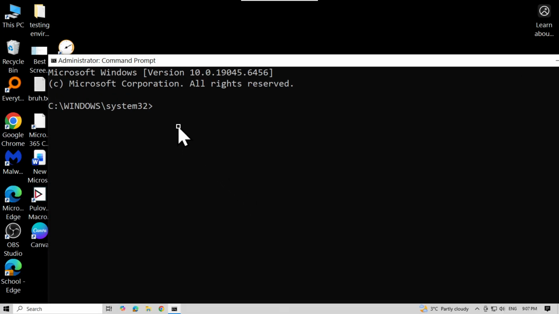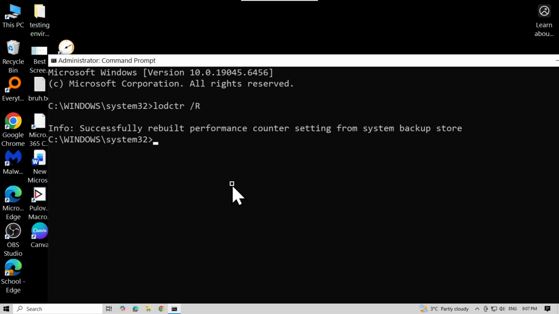Now you have to write down LODCTR space /R (capital R), then hit enter. Then you should get this successful message, and then write this other command,